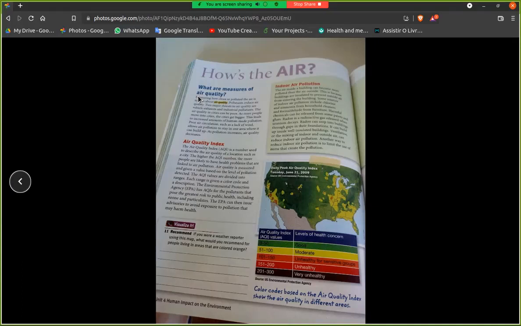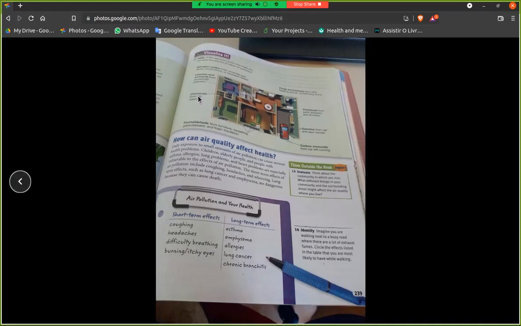And there is a measure of quality of air, like how much oxygen we have, how much CO2 we have in the air. And then there's an index: 0 to 50 is good, 51 to 100 moderate, and so on. And we have indoor air pollution, like carbon monoxide, gasoline, chemicals, fungi from when you don't clean, obviously, and when you clean you use chemicals, so that's also bad. And also from your AC.